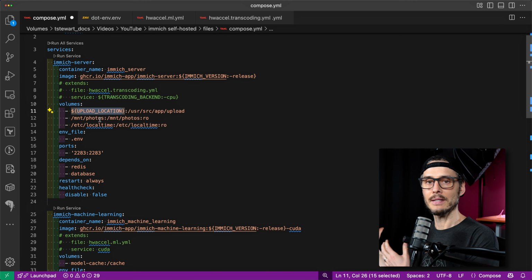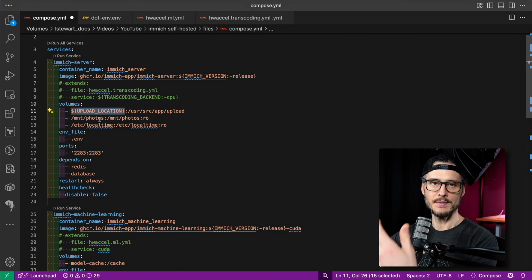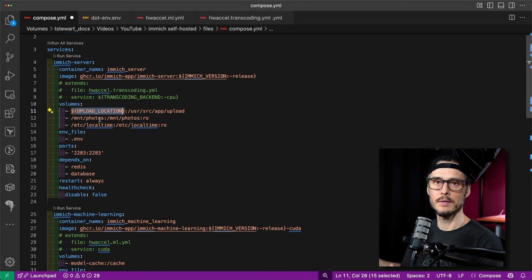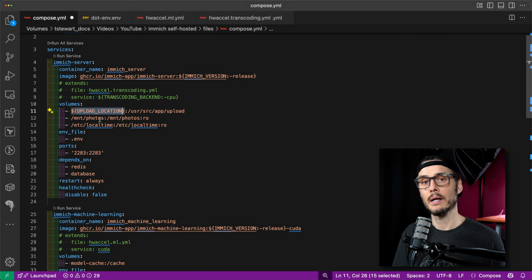And so as it backs up say your photos from your devices, it's going to place them inside of this upload location. But what if you have photos that you've had since before you had a phone, or photos you take with a nice DSLR camera or anything else? If you have a photo library outside of Immich, you can include those too. And the way that I'm going to do this is I'm going to mount an SMB share, so a Windows share or Samba share, to the host machine at